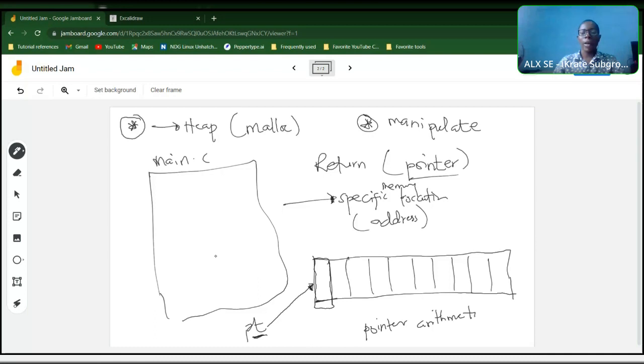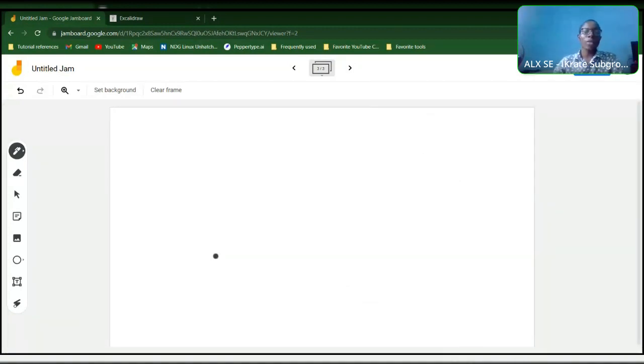We've also learned about arrays. And we realize that an array is kind of similar to a pointer. So in this case, with the help of the pointer, we can also use the array notation, that is the array subscripts. So what I'm saying here is that with a pointer, assuming we have a pointer that a Malloc has